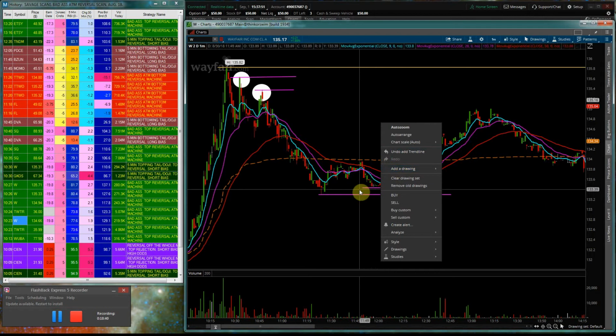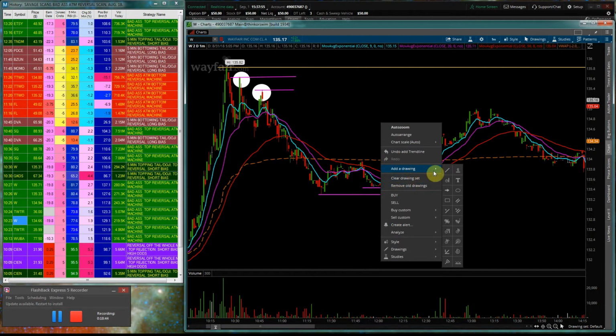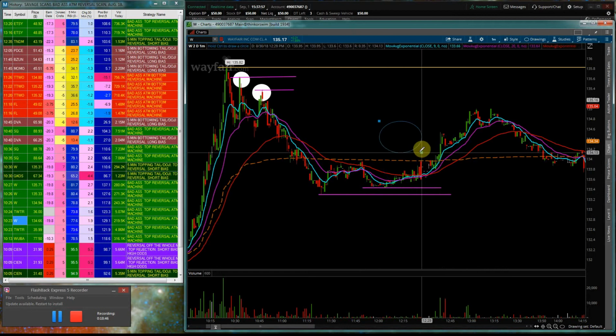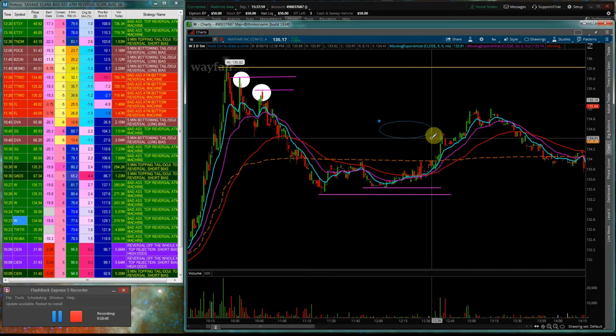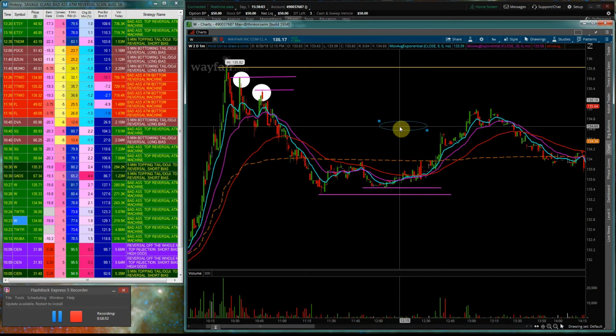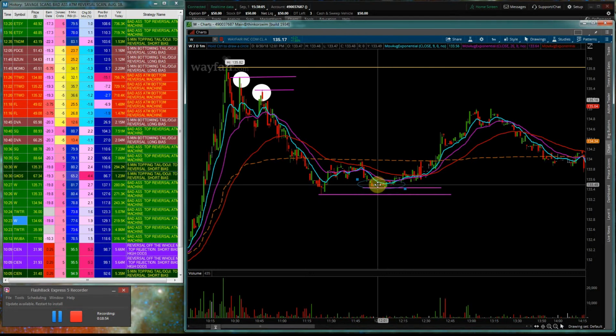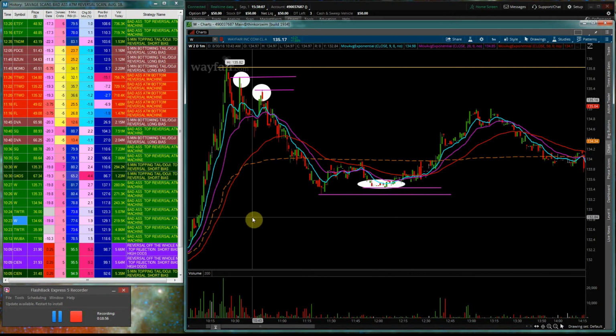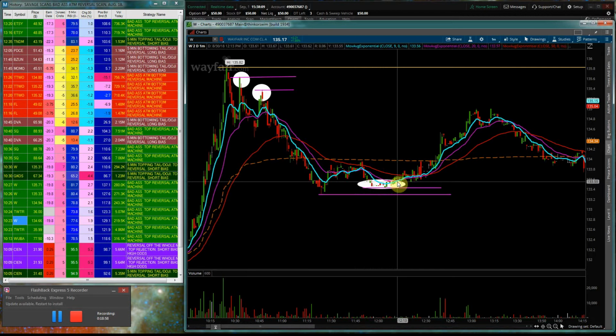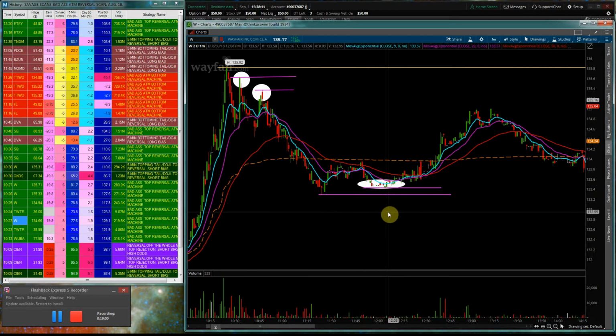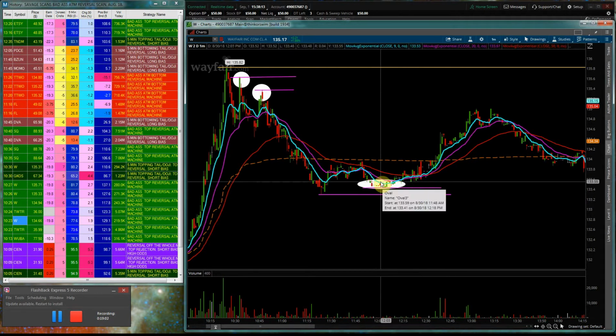Now, these higher lows and lower highs, when they happen, they don't fail too often. They're very strong signals, but you've got to be eagle-eyed and you've got to be able to recognize them. There is a very clear higher low. Now, if you've taken that higher low, you've got another